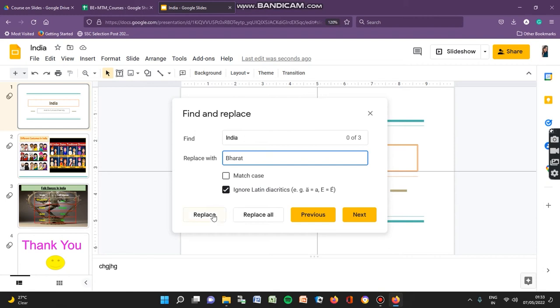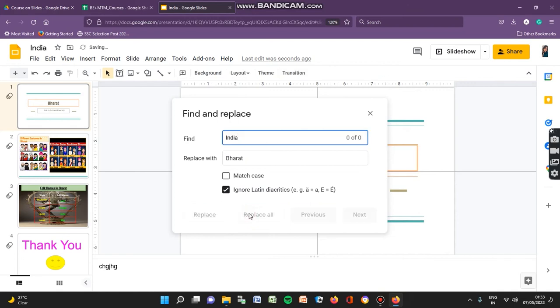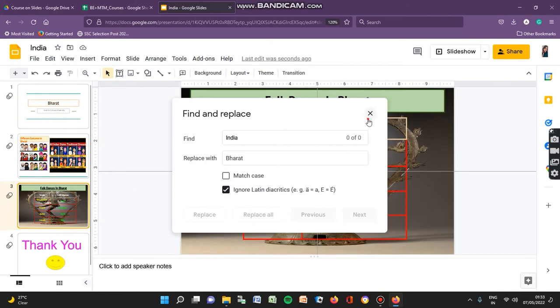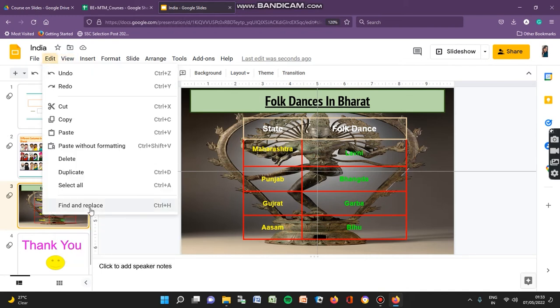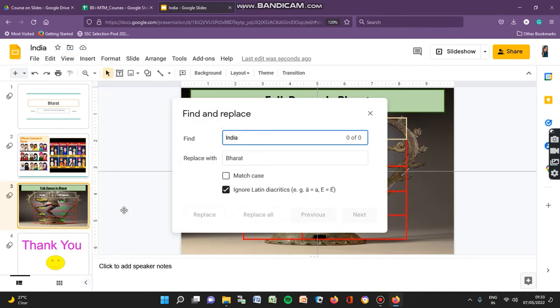And when I click on replace all, here you can see it is changed. Here is also, you can see my India became Bharat. So this option in the edit view, find and replace option, is very helpful for you to find any word and to replace it. Okay,